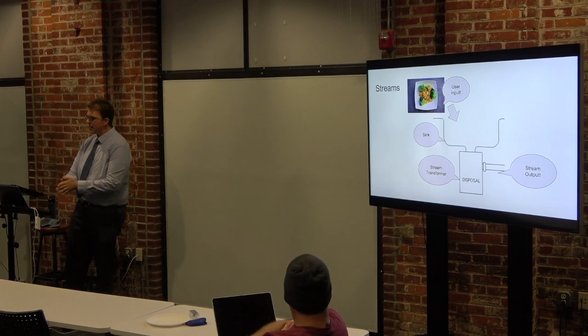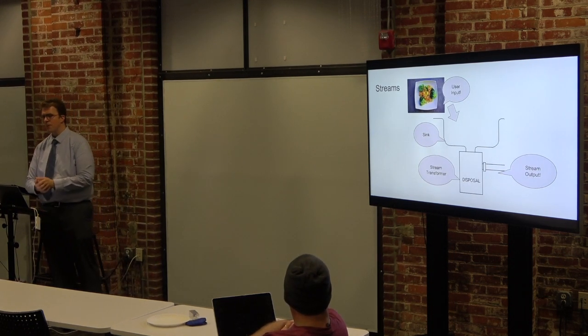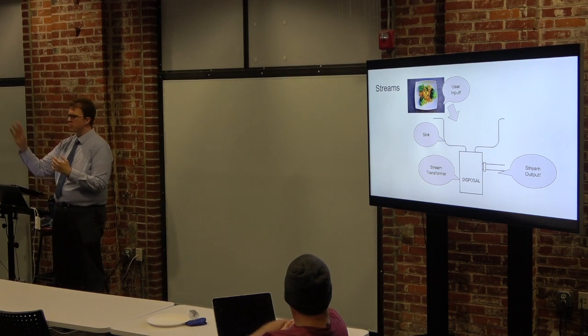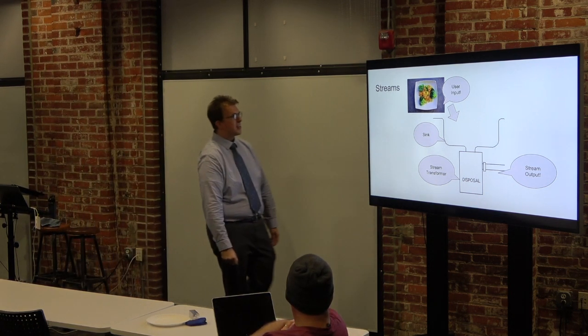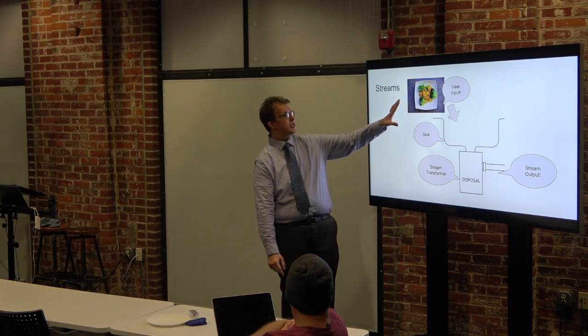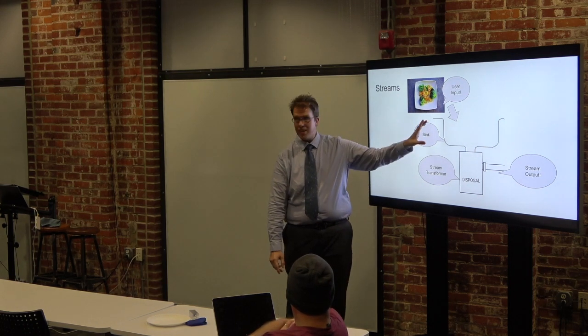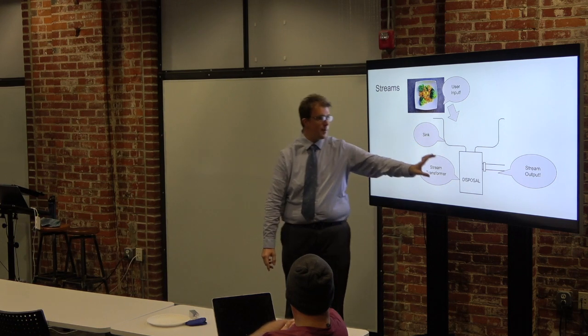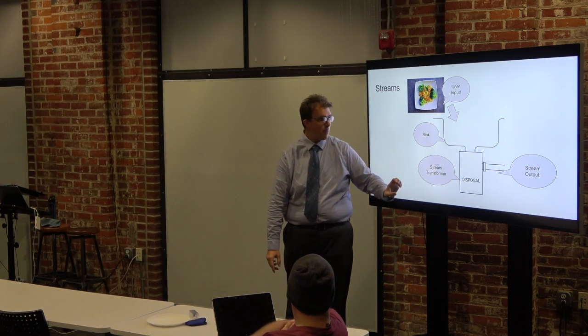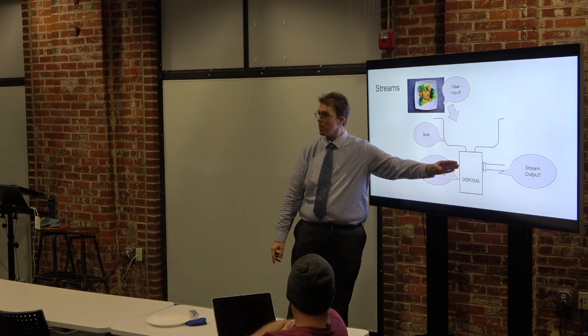The other thing you need to understand is streams, and we're going to talk a little bit about that. Streams are kind of like the observer pattern. Is anyone familiar with streams in here? Okay. Basically, a stream is like a garbage disposal. So you've got your user input, which is lunch, and you dump it into a sink, and that's literally what it's called, a sink. And then you've got a stream transformer, which is like the garbage disposal, and then you've got the stream output, which essentially is now garbage.